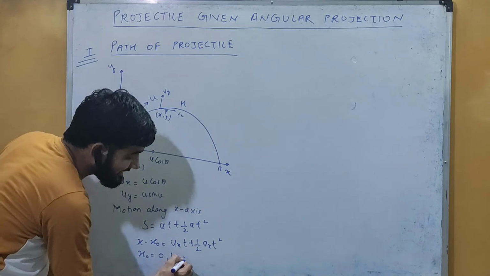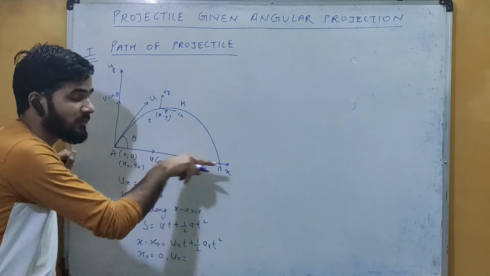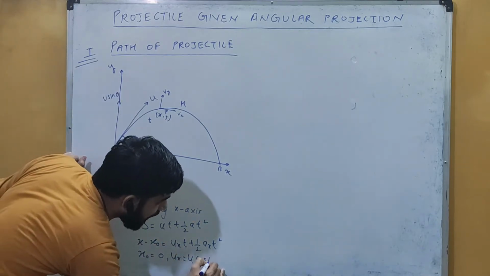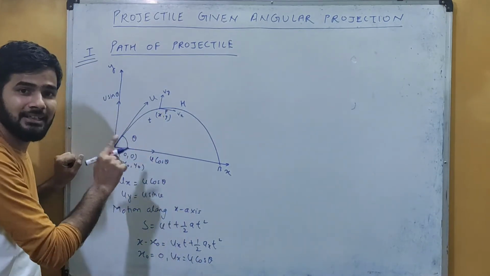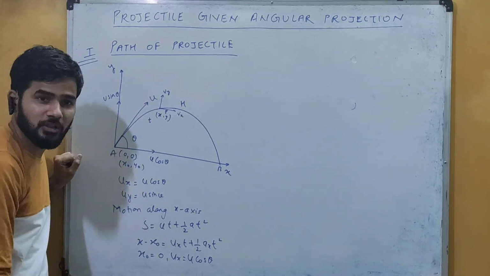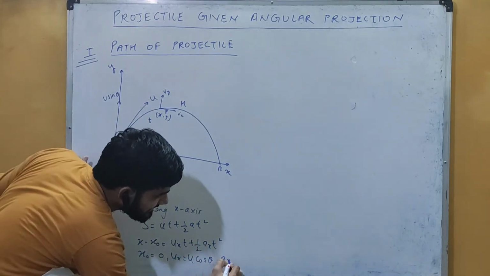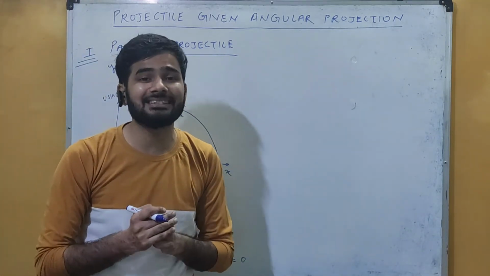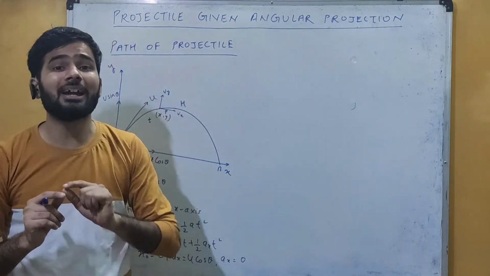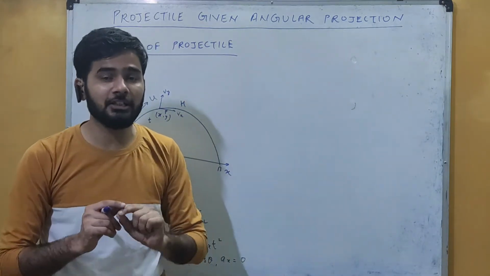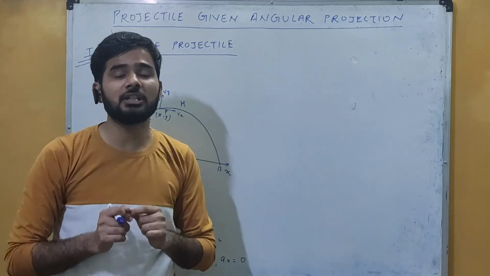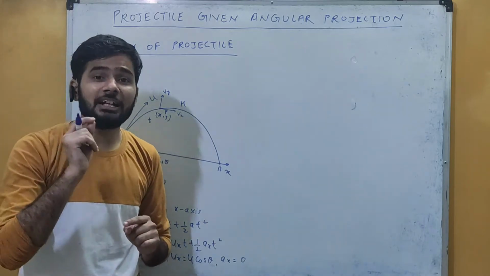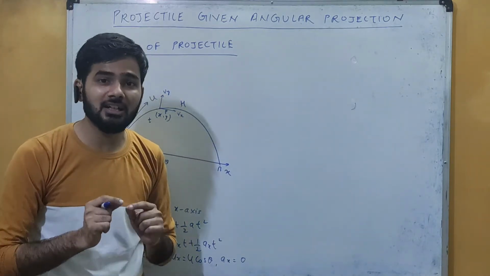What about ux? This is the initial velocity along x-axis, and this velocity along x-axis always remains constant, and that will be equal to u cos theta. Time t we have, the time in which the object reached from point A to point P, and also this ax, what will it be? This ax will be equal to 0. Why is this acceleration along x-axis 0? Because the velocity along x-axis always remains constant. And if velocity is constant, then what will the acceleration be? It will be 0. But the velocity along y-axis continuously changes